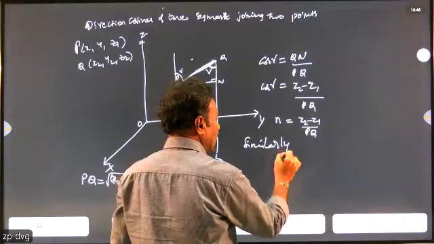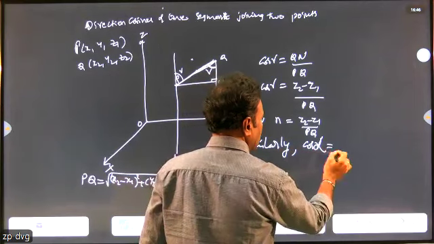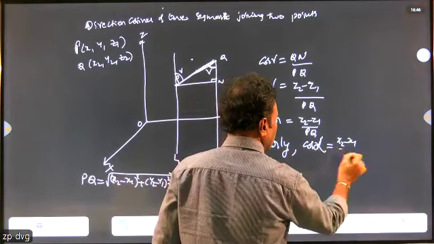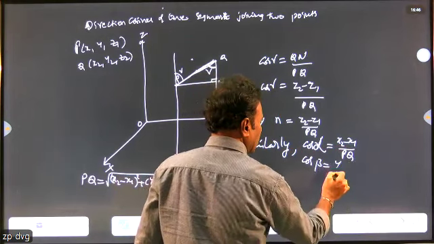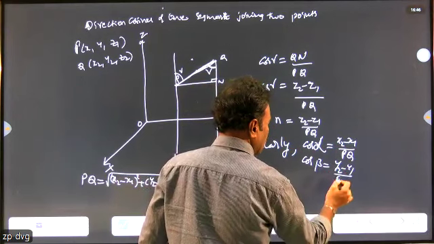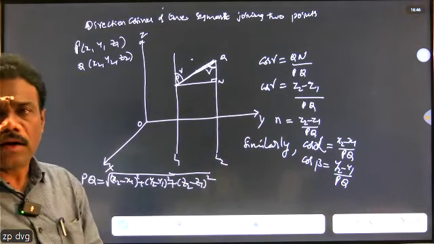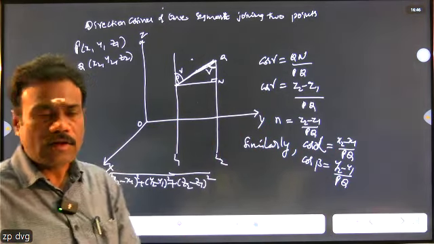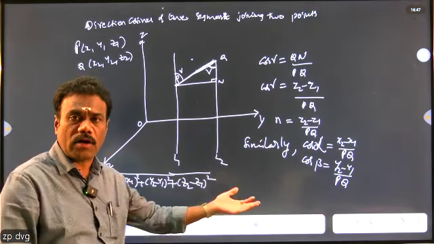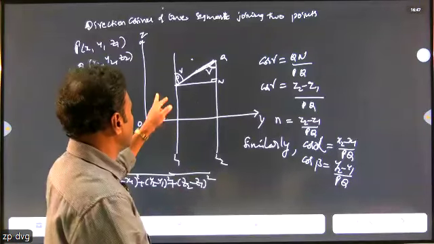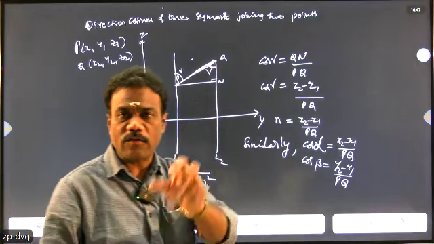Similarly, we get cos alpha equal to (x2 minus x1) by PQ, and cos beta equal to (y2 minus y1) by PQ. So here cos alpha, cos beta, cos gamma are the direction cosines of a directed line. Already we have discussed this. So for this line PQ, the direction cosines of the line joining 2 points P(x1, y1, z1)